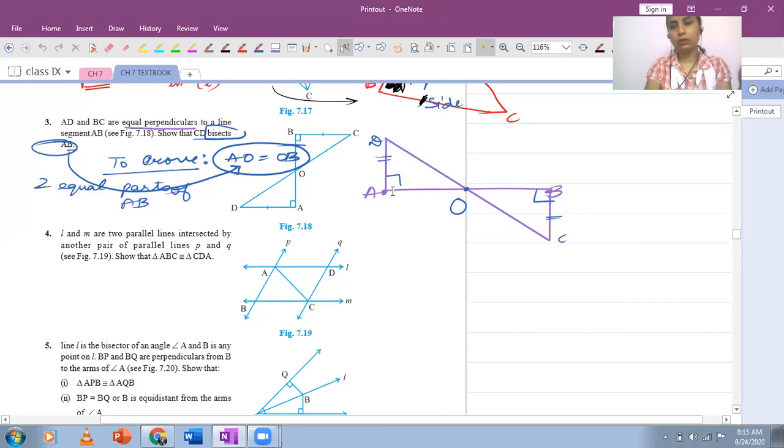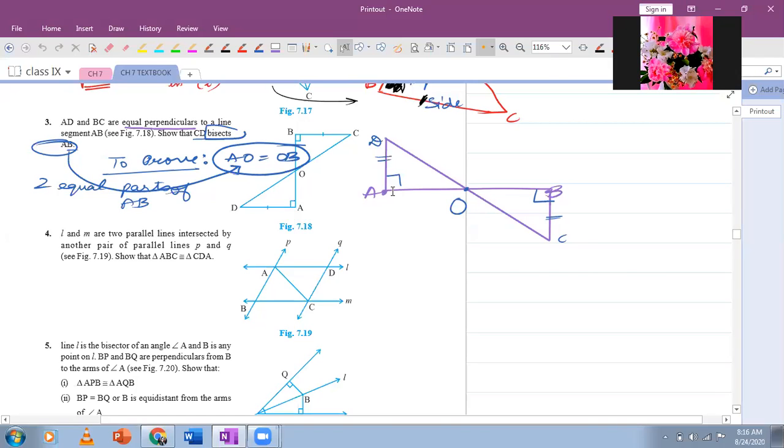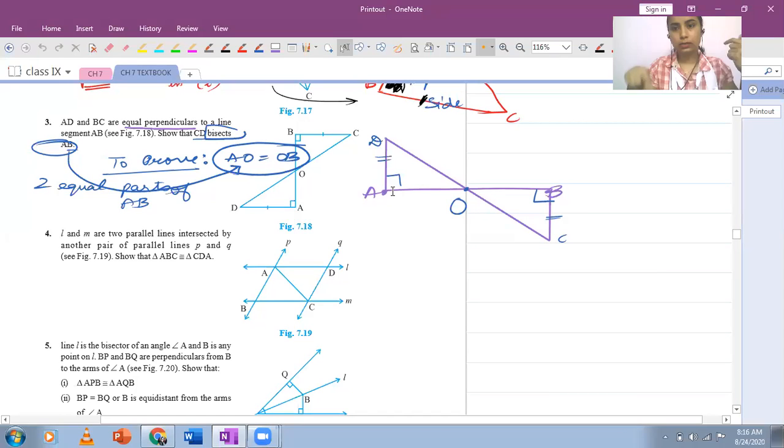And then there are two perpendiculars drawn to AB from points C and D, which I showed on the opposite sides of AB. In case you mark them on the same side, then CD will not intersect with AB. So I marked them on opposite sides, right? Yeah, that's correct. So CD, when joined, bisects this horizontal line. So keep that in mind.